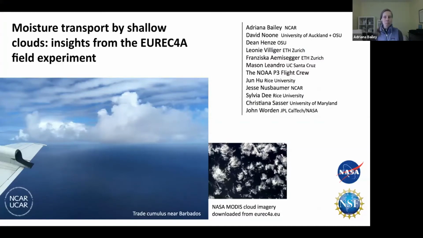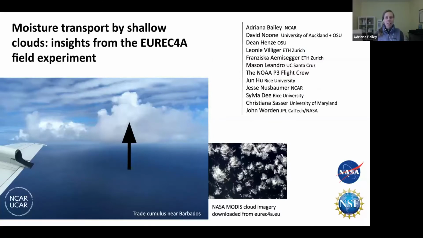Yeah, we all know that tropical low-level clouds play a critical role in climate. As you can see from this NASA MODIS imagery on the right, these clouds are very effective at reflecting solar radiation back to space, much more so than the dark ocean surface below. These clouds are also effective pumps of moisture from the boundary layer up into the free troposphere, as indicated by this photograph on the left. And it turns out that these two roles are actually pretty closely related, or so some hypotheses go.